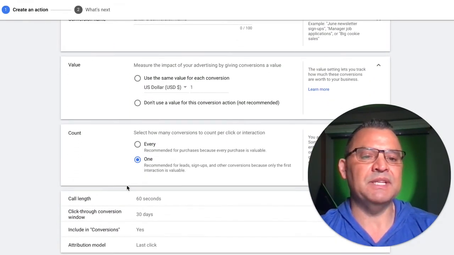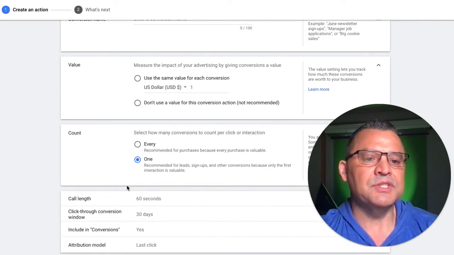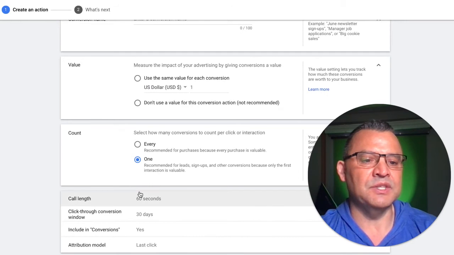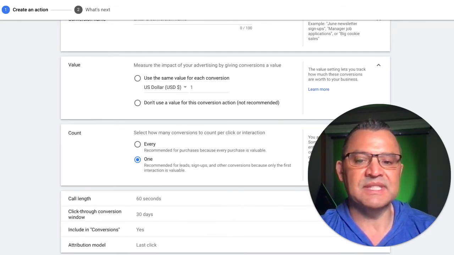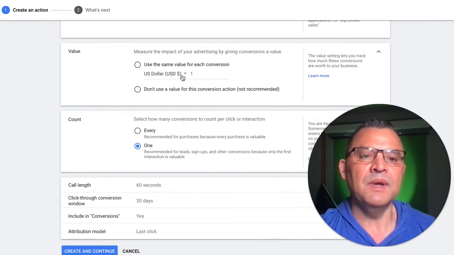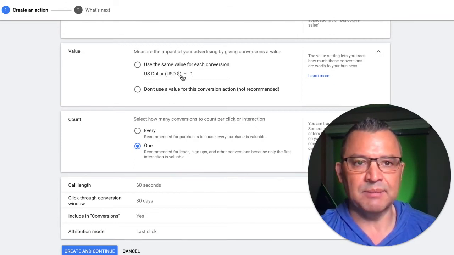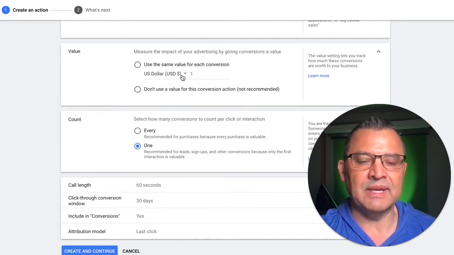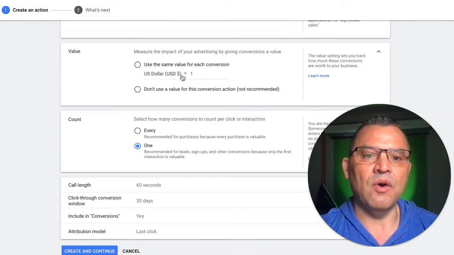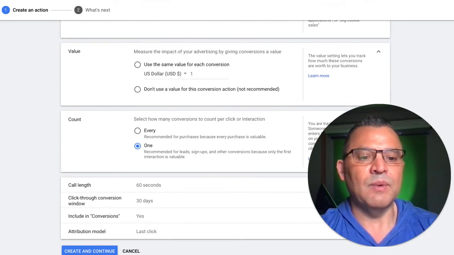Some of the key points on this page, the purpose of this isn't to go through every single step. I want to give you the highlights and some things to know about here. As you're going through this, make sure that you're setting up your call length in here. And if you need to assign a value for call tracking, use your values as well. Let's say that you know that each new customer is worth, say, $1,000. I'm going to use that because it's easy to do the rounding. And so $1,000, and every 10 calls turns into a customer, then the value is $100, and you can use that right here as well.